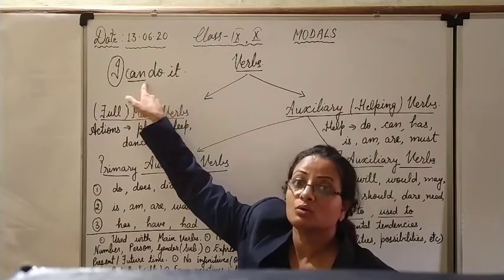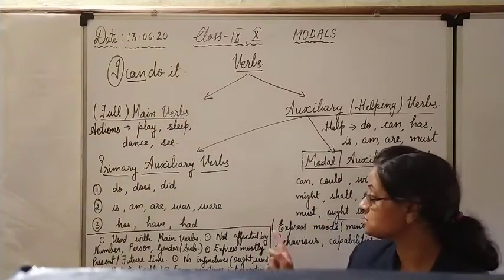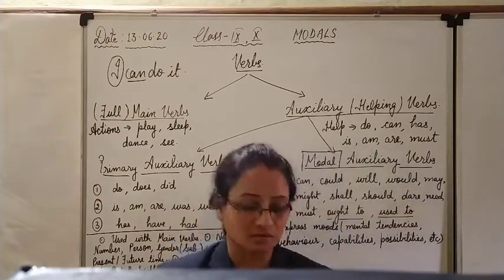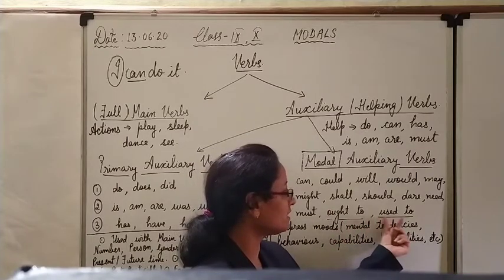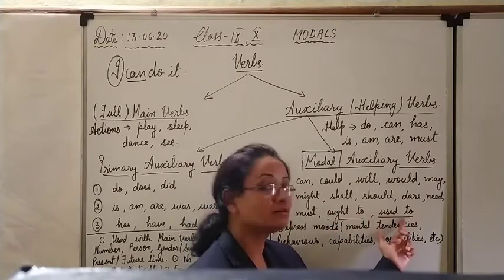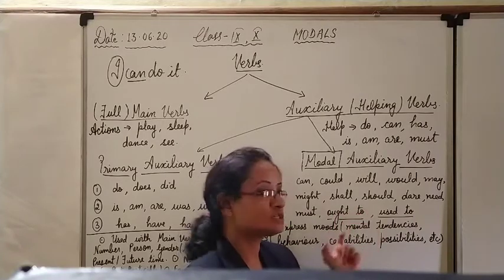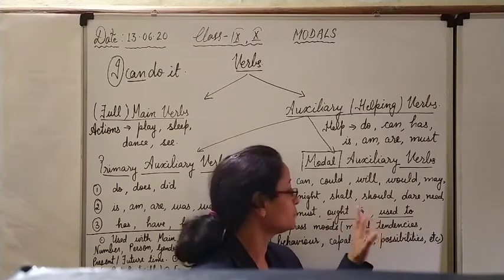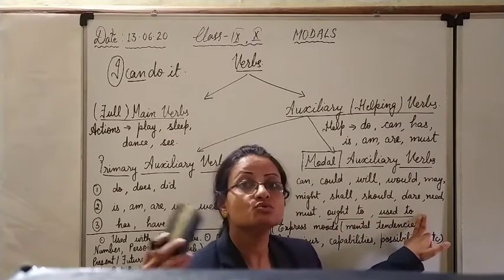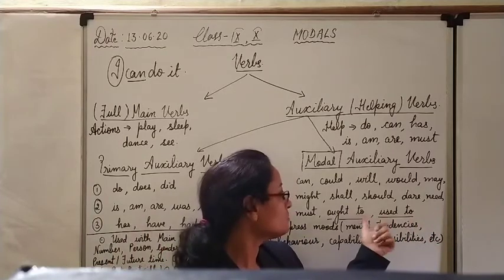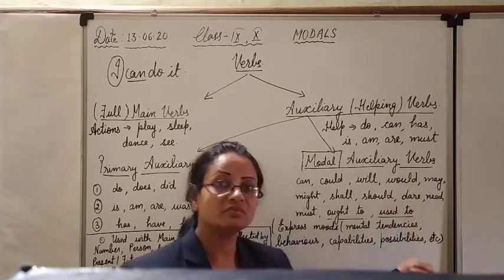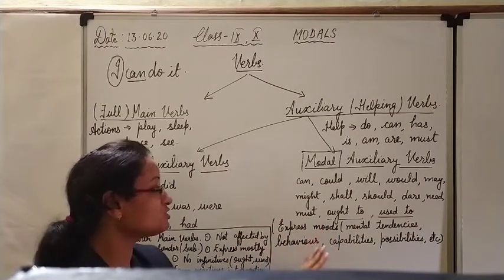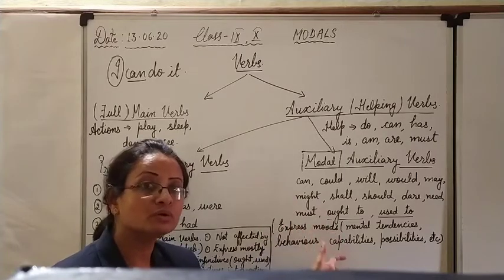We are talking about the main verbs going with the modals. So here they are not used with infinitives. Only two exceptions are there. See here. I have underlined these two because they are carrying the "to". Ought to plus first form of the main verb: ought to do, ought to go, ought to follow. Used to learn, used to do, whatever. To do, to go, to come, these are infinitives: to plus first form of the verb. So these two are the exceptions. Ought and used always take the infinitive mood.